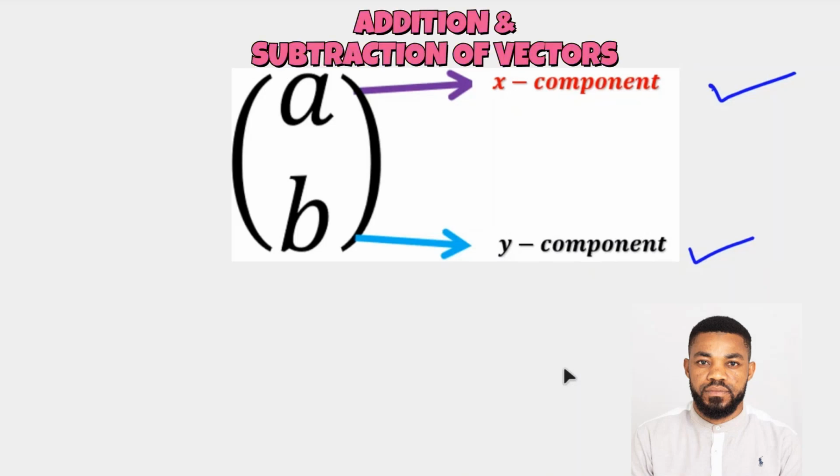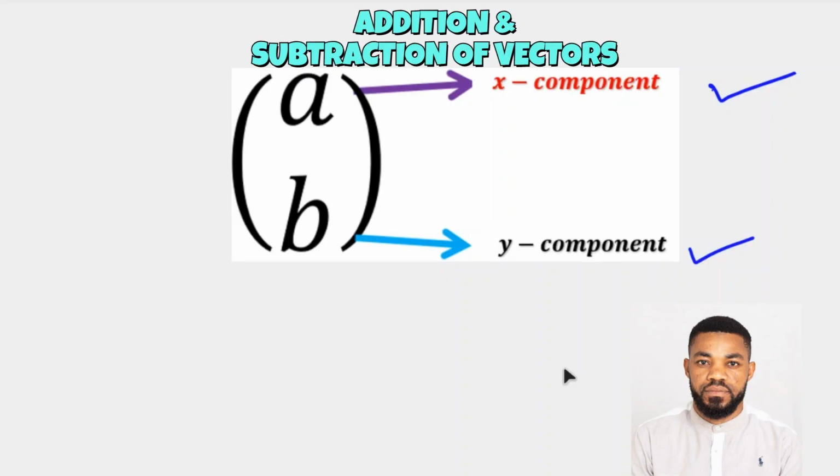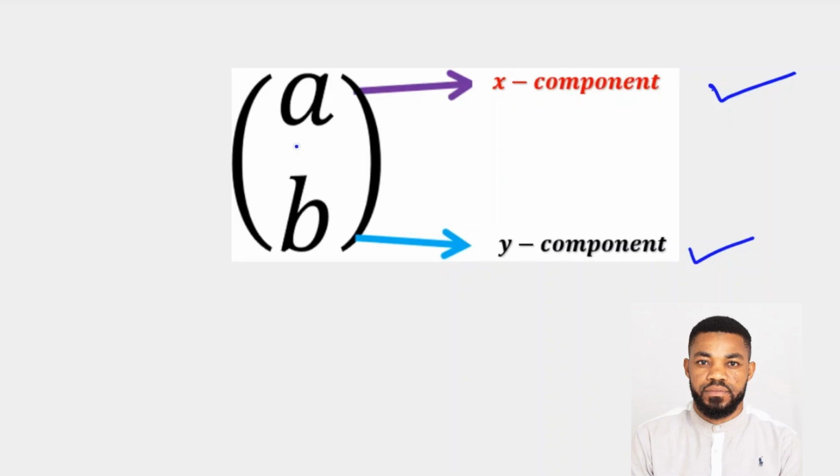In today's lesson, we are going to talk about addition and subtraction of vectors. Let's get started. That is how we write vectors. That's a vector in the component form. We have other ways of writing vectors. So this time we are talking about the component form, maybe along the line, we see the other forms of